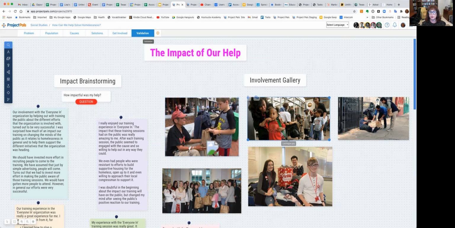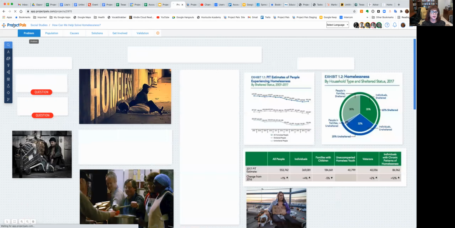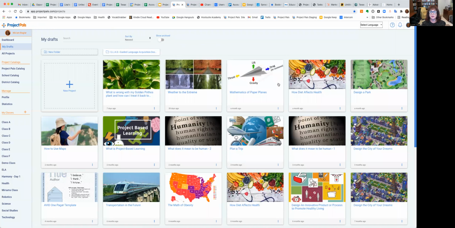They also can gather images of their help, like an involvement gallery that shows exactly what they did. So this is, again, in line with all those project-based learning environments where you are trying to solve a problem, you are applying some intervention that you need to test, and you need to see how impactful that is. Again, this whole process of iterative involvement leads to the best solution that they can come up with. Another project that does follow those guidelines would be something like